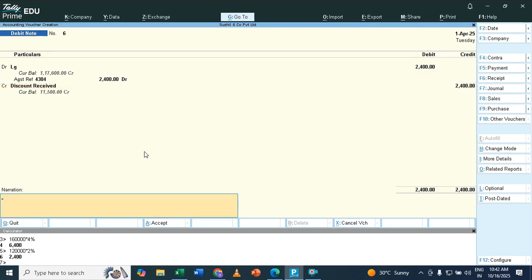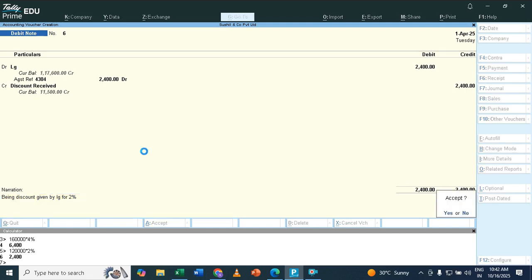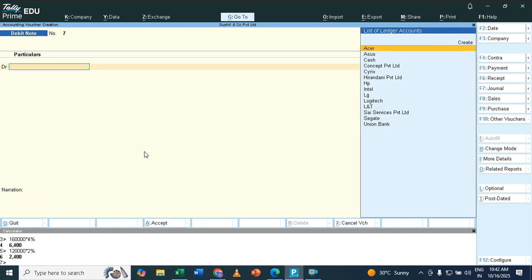That is showing. You can press Ctrl R to repeat. Just remove Intel using backspace and type LG for 2%. Enter and then yes.